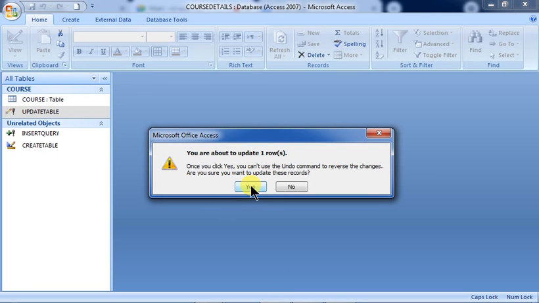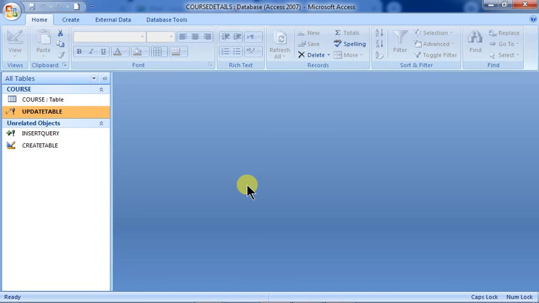If 103 had appeared in some other places, then it would have given you the number of rows. But since it is the primary key, the update will take place only in one place. That's why the update should be done by using the primary key, so the data is affected in the specified area only, no other place. That is very, very important. So you are about to update one row, so click on yes please.